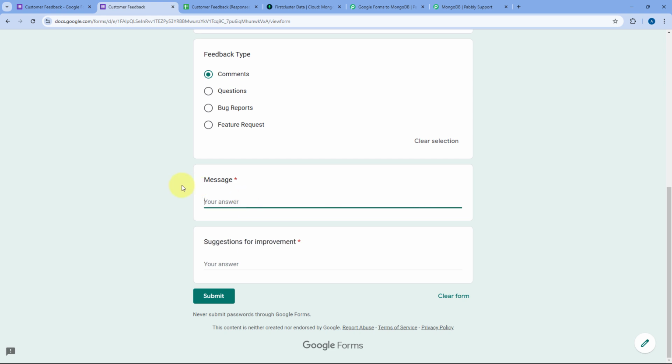And in the message, let's write, we are testing this automation. After entering the message, let's enter a suggestion as, for example, can we get the workflow